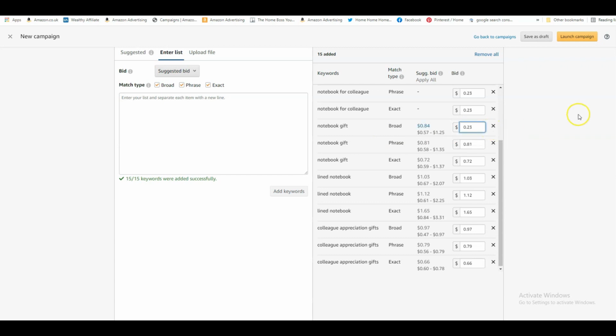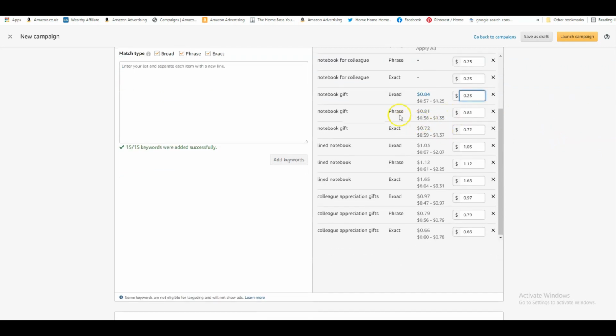So you save that. And the reason Amazon has done that automatically is because they know that you need a higher bid for this book to really work. But you can try first, you can really try and keep it very low to begin with. There's always time to increase this bid later on.